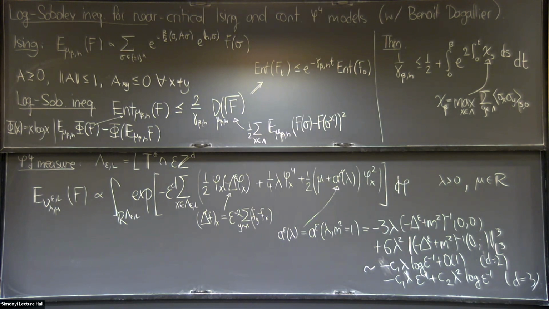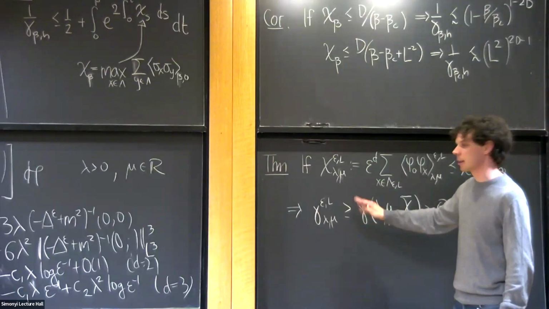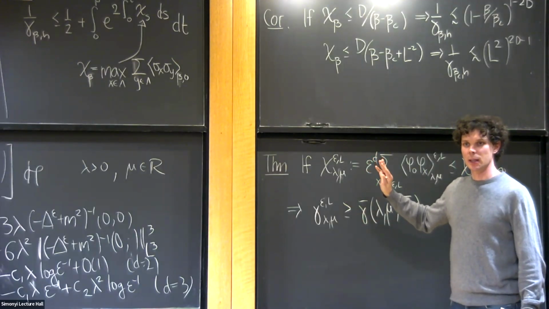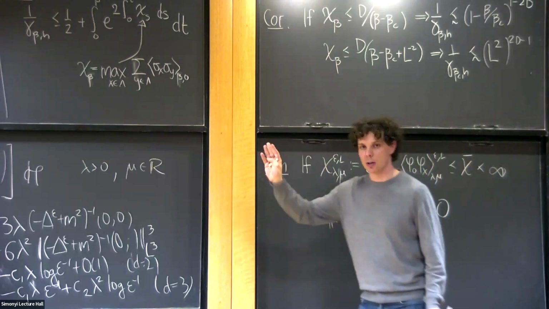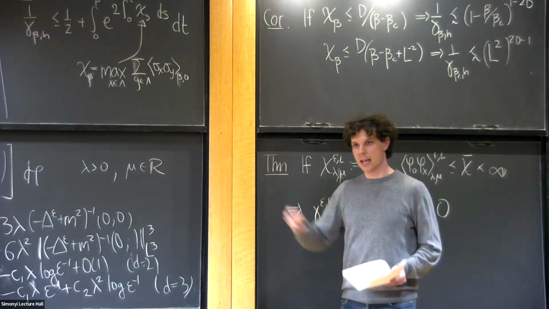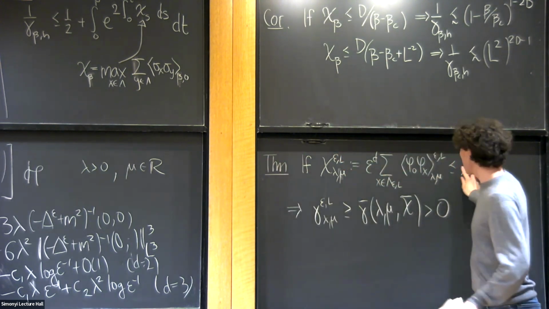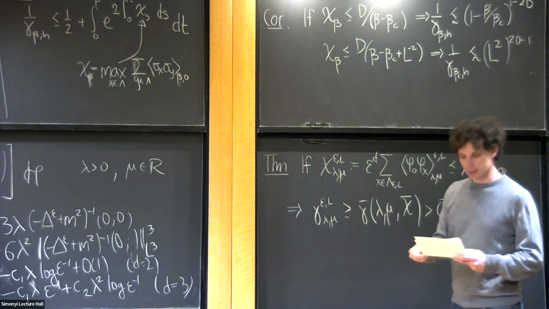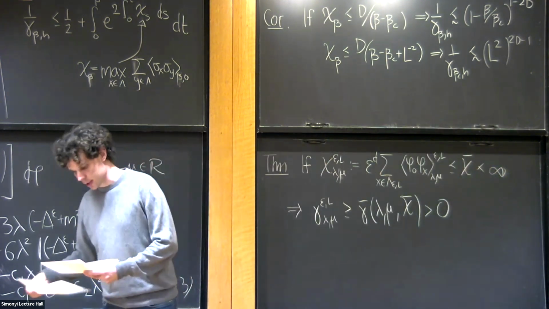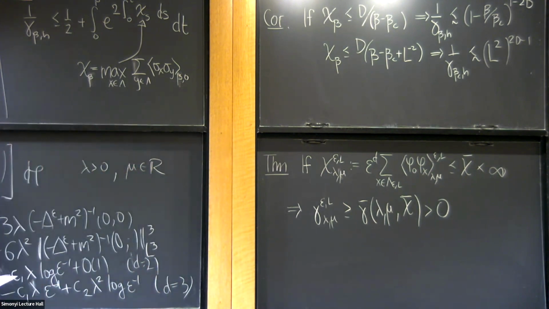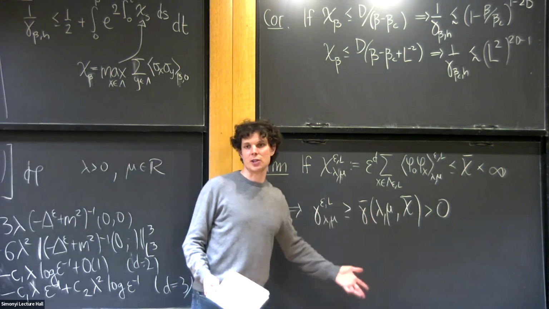What we like about this result is that it extends to infinite volume, and in fact, even under the best assumption: if the susceptibility is not bounded above, then you can easily see that the Log-Sobolev constant is 0. You just put a test function into the Log-Sobolev inequality, a simple linear test function, and you get it. If this is not bounded above, then there's no lower bound. So in that sense, this condition can't be improved.